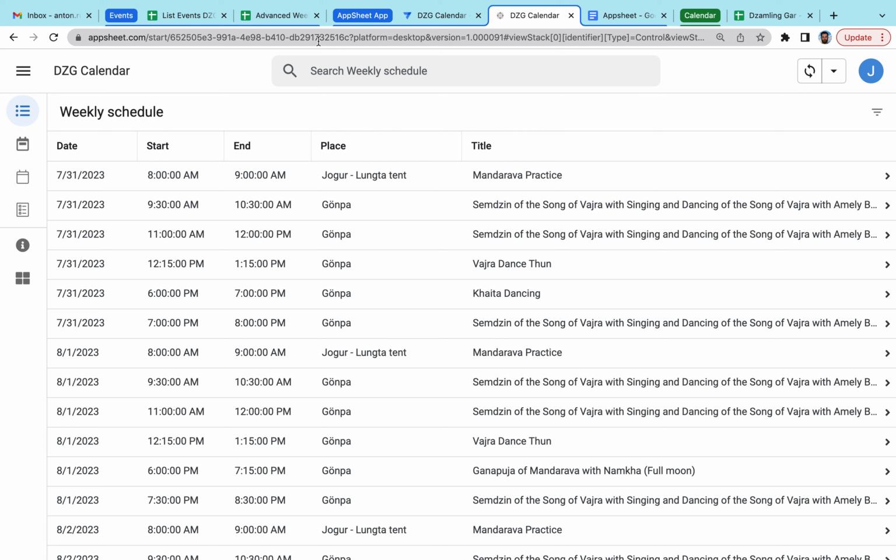So this AppSheet allows us to create, let's say, a web page that you can open from any device, from a mobile device, from your computer, and it doesn't require you to install some additional software or to install this application. So you can use it just with a web browser link. You can add it to bookmarks. Also, for people who want to download this and install this, there is also this possibility. But the main thing is that it's easy to use on any platform, and it automatically adjusts its view for the platform related to the schedule.